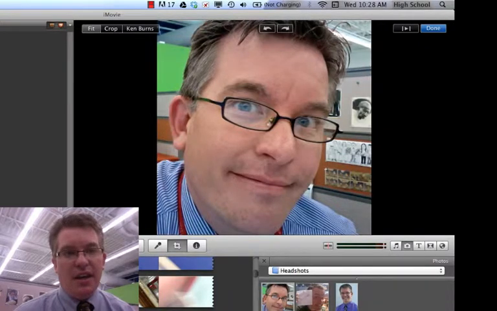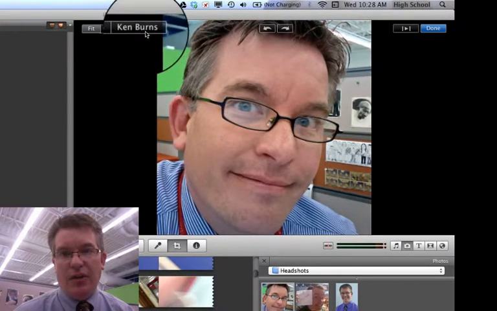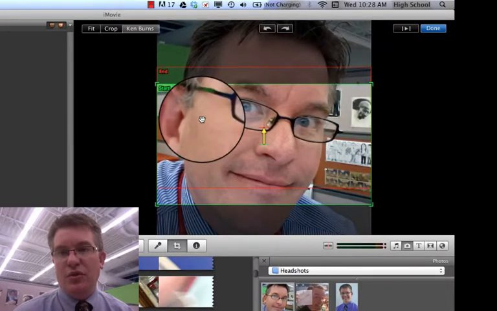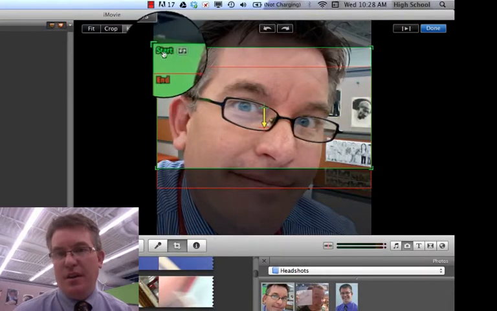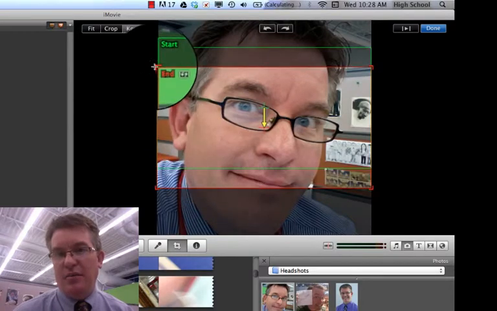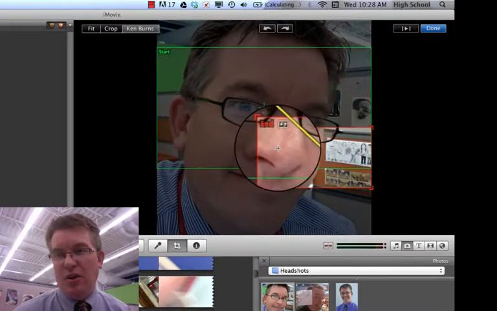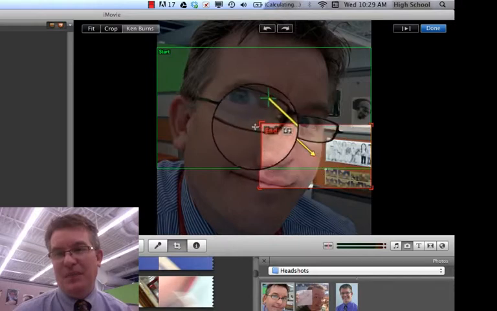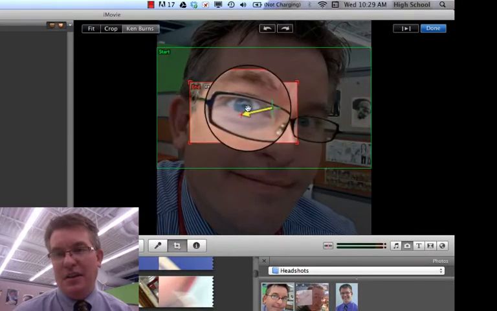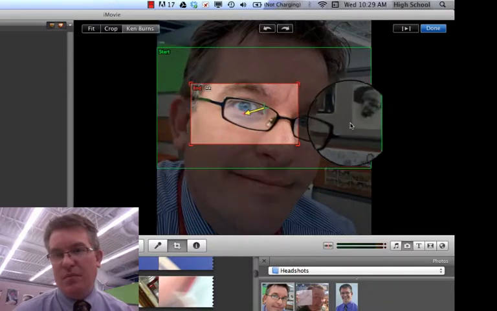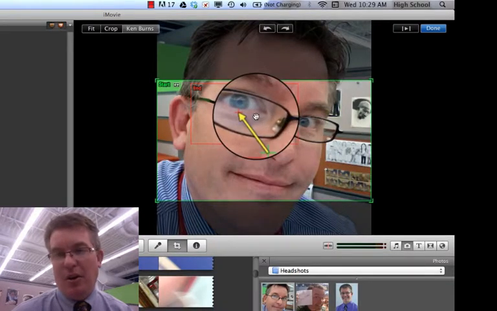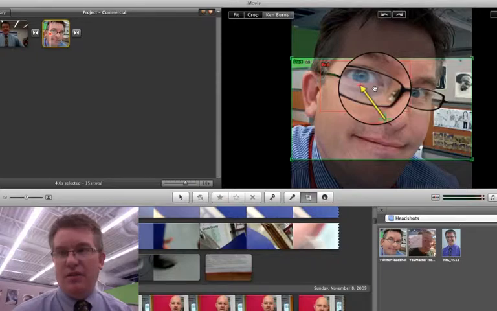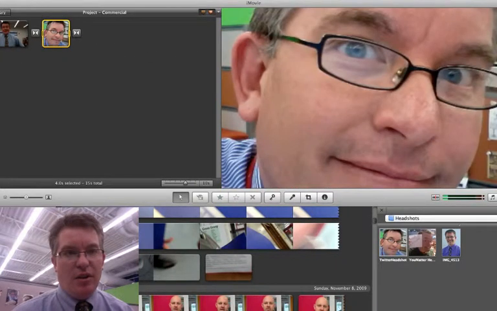Or my third choice is that I can go into Ken Burns and I can create that movement. It basically works from two things. It starts with the start panel and then your end panel, and they're going to be the same shape because that's the shape of the video window, but I can make them bigger or smaller. So for example, I'm not sure why I would want to, but let's try this. I could begin with most of my face in the picture and end kind of focused on my eyeball there. So what happens if I do that and hit done is as I scrub across here, I'll see